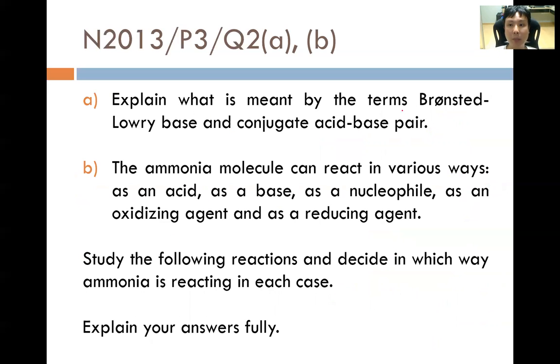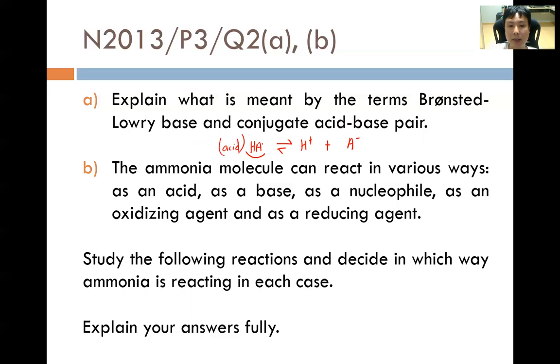Explain what is meant by the term Bronsted-Lowry base. So basically a Bronsted-Lowry base is a proton acceptor. And the conjugate acid-base pair, the way they'll explain this is the following. So I'll write out this equation. So HA becomes H+ and A-, and this will be the acid